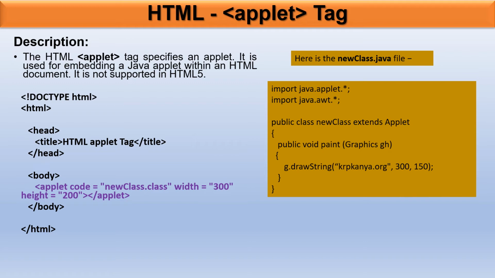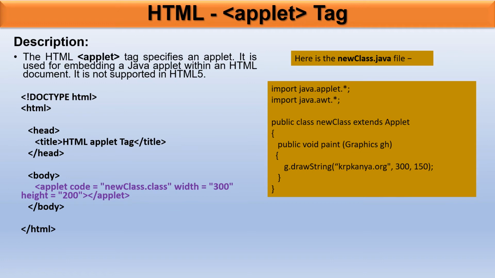and it contains another statement, g.drawString, in double quotation we have specified krpkanya.org, comma 300, comma 150. So that will be shown with the string drawing, that is krpkanya.org is specified at the 300 and 150 location of that particular applet viewer,